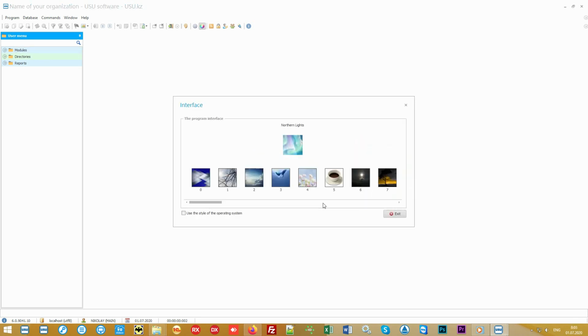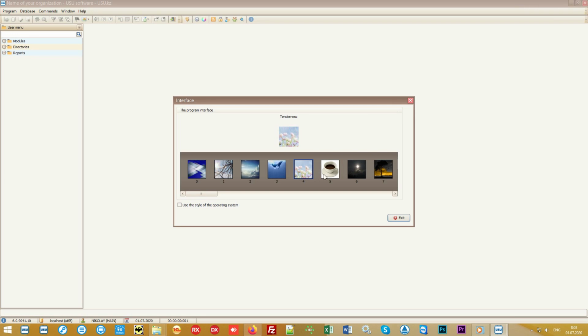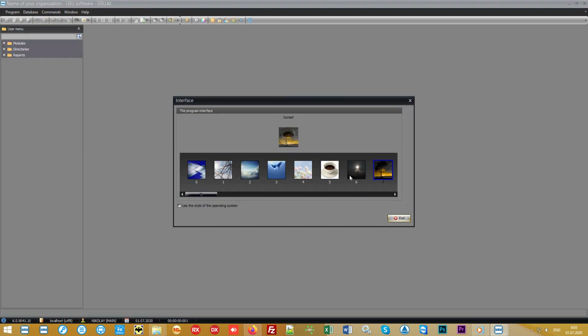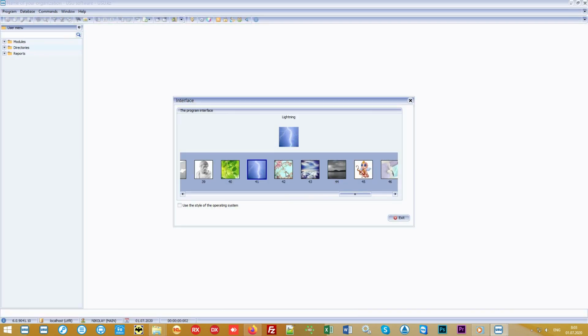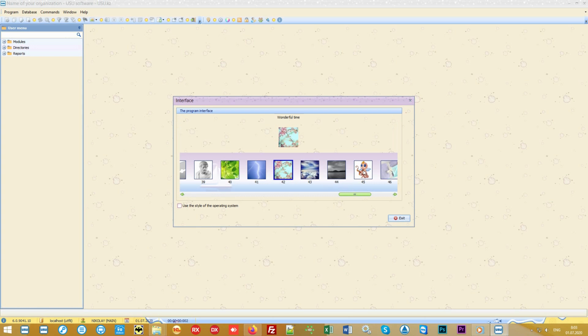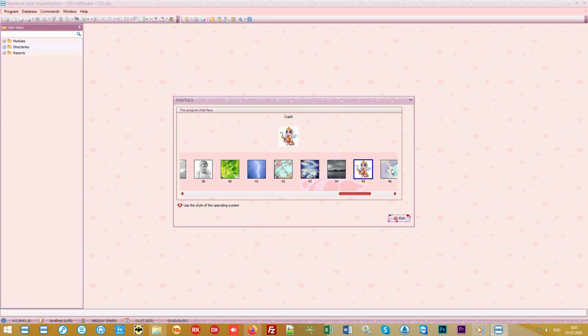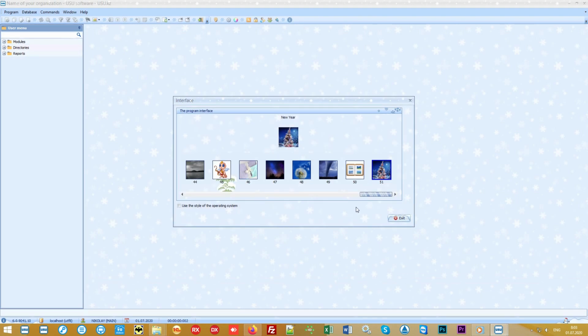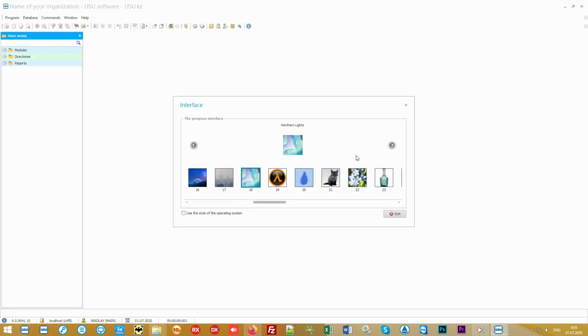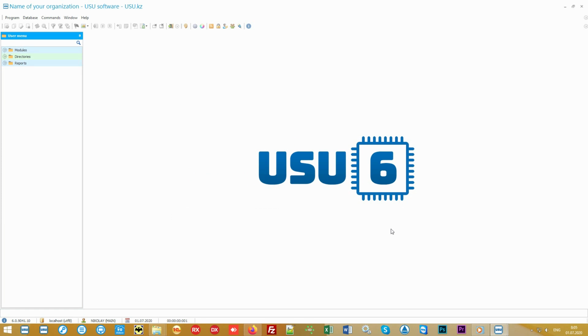Please note that on your first launch, you will get a window for choosing the appearance of the interface. You can work in the interface you like to get even more pleasure from working in our software. You can choose from a variety of beautiful designs. It's possible to place the logo of your organization in the center of the main window to create a unified corporate style.